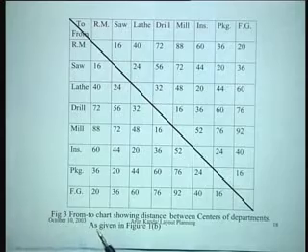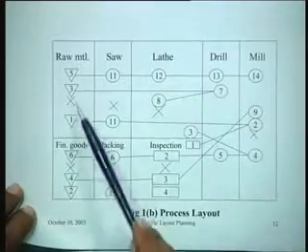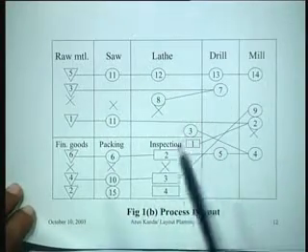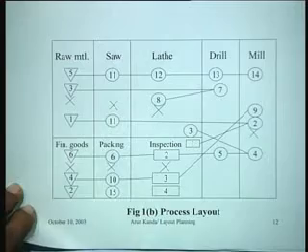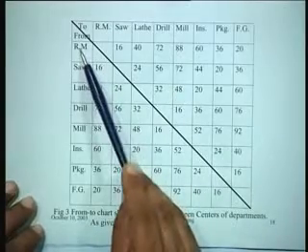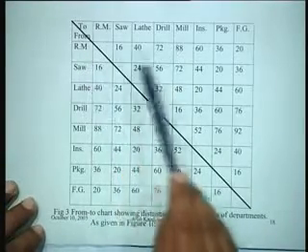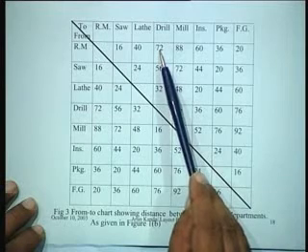You were asking me about the centers in that layout. So if we are now talking about this layout, we look at the centroid of each department and find out the distance from the centroid of one department to the centroid of the other departments. On that basis we can construct a diagram of this nature, which would show that the distance from raw material to drill department is 72, and notice that